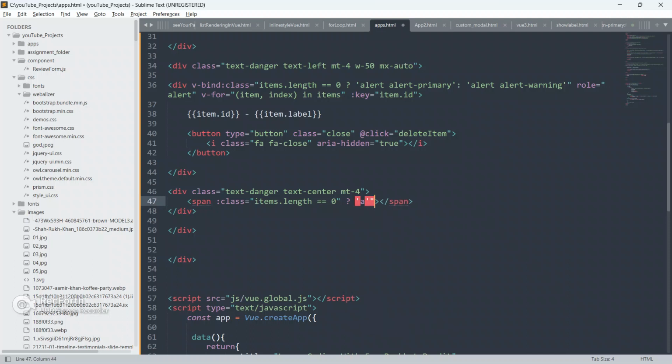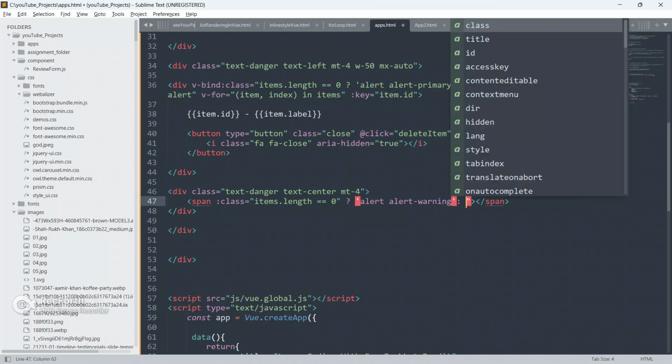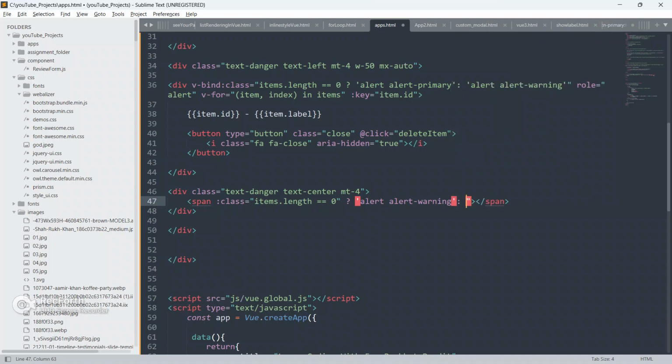Then we will give alert warning, and else we will give nothing.